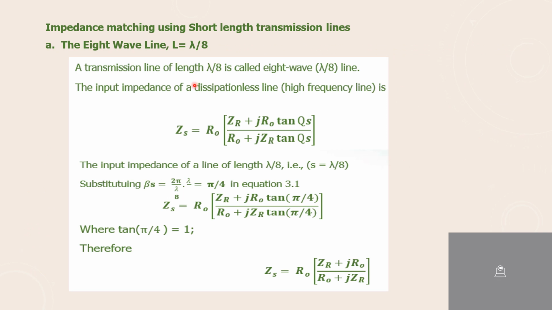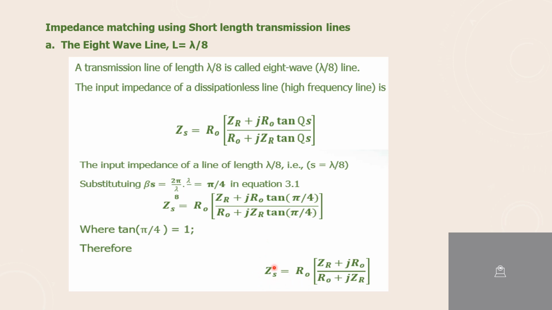First of all, we'll see the short length sections one by one. So, impedance matching using short length transmission lines. As I told you, 8th wavelength means the length of the matching section is lambda by 8. Already I derived the input impedance of the dissipationless line. There we can substitute the length of the matching section, that is lambda by 8. By substituting this lambda by 8, we can see what the source impedance is in terms